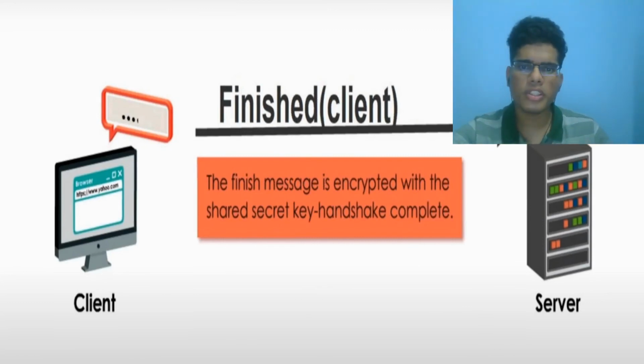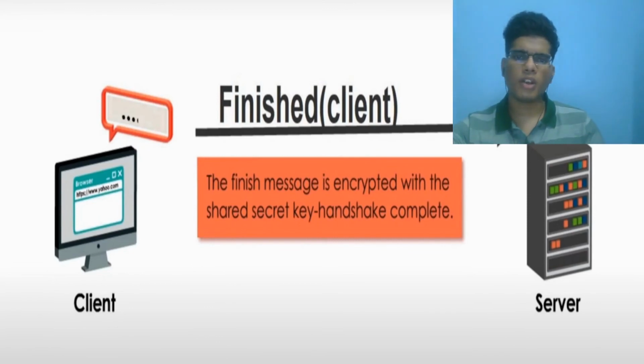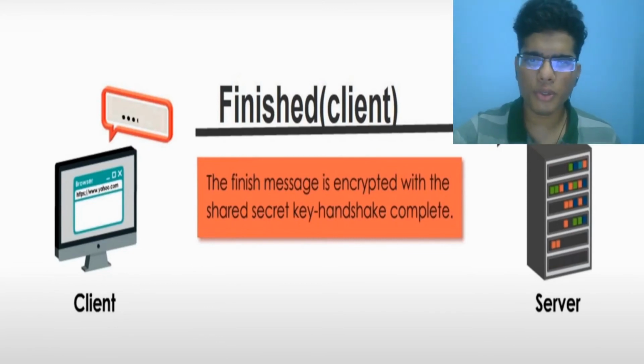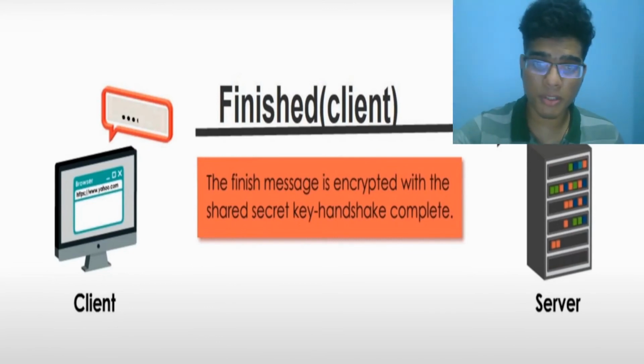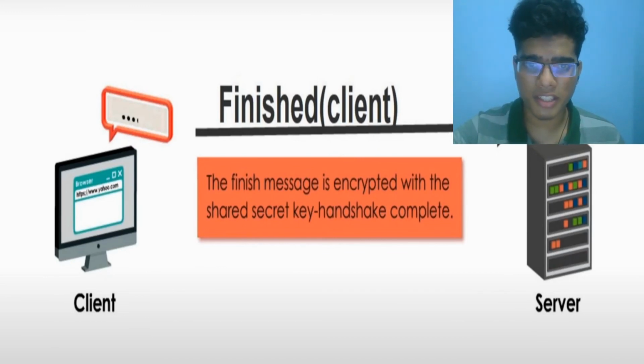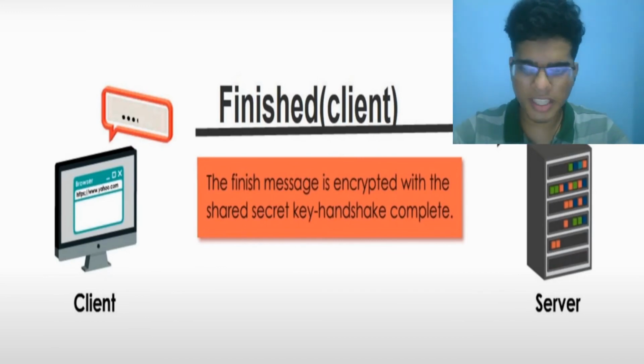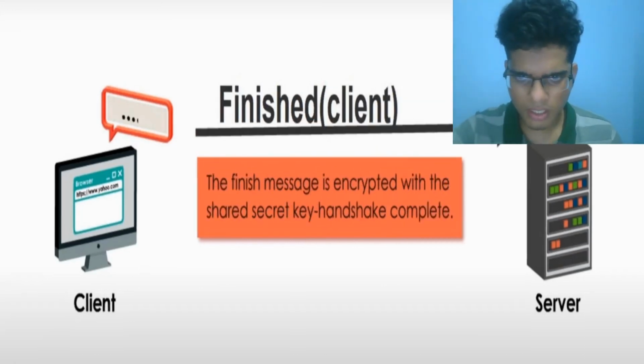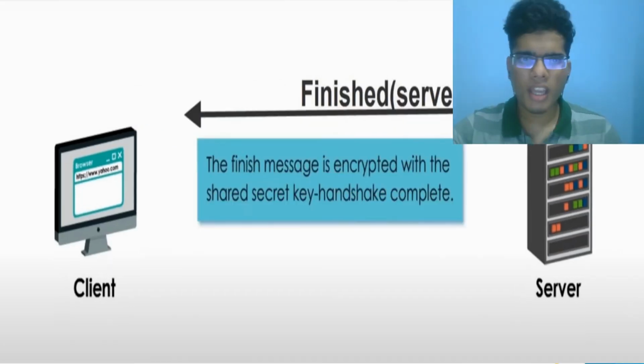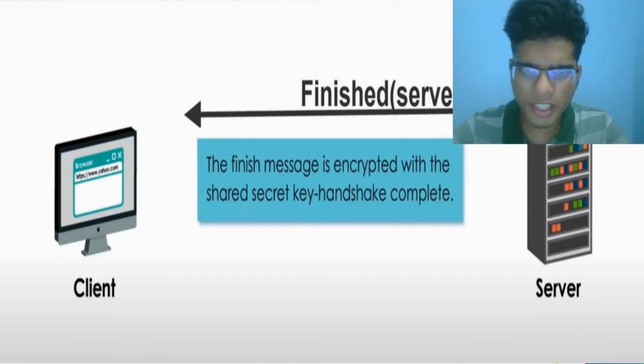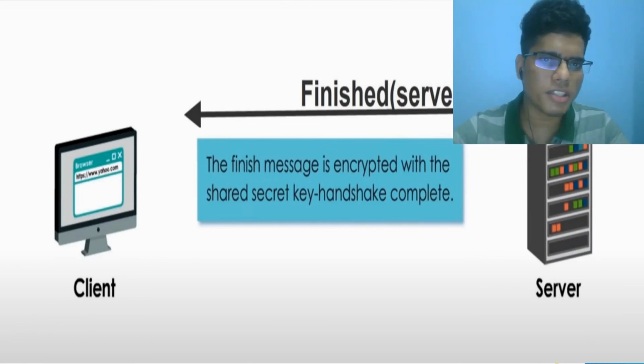Now, using the same secret symmetric key encryption method, the client sends a finished message in order to acknowledge that the client has finished all the steps needed for a TLS SSL handshake. This message is encrypted using the symmetric key which was generated in the previous step, and it is received by the server. After the server receives the symmetric key as well as the encrypted message, it tries to decrypt the message with the symmetric key and sends the message back to the client.